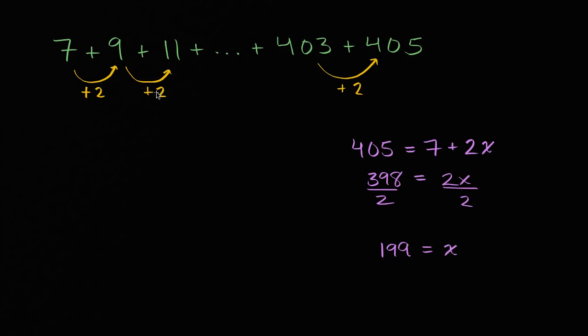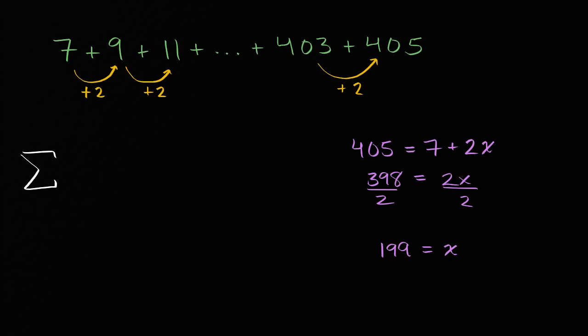So we're essentially adding 2 199 times. This is the first time we're adding 2. This is 2 times 1, adding 2 times 2. And here we're adding 2 times 199 to our original 7. So let's think about this a little bit. So this is going to be a sum